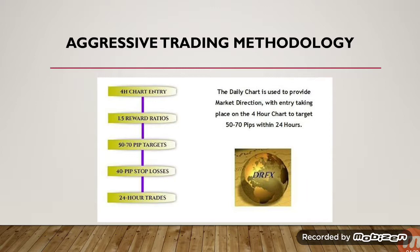However, in certain exceptions, such as with the Canadian and Japanese yen, where we're trading larger ranges, the targets are going to be between 70 and 100 pips. And in those cases, the holding period is going to be extended by 24 hours. So with 50 to 70 pips, we're going to be targeting these trading gains within 24 hours. And for trading gains of between 70 pips and 100 pips, we're going to be targeting these trading gains over